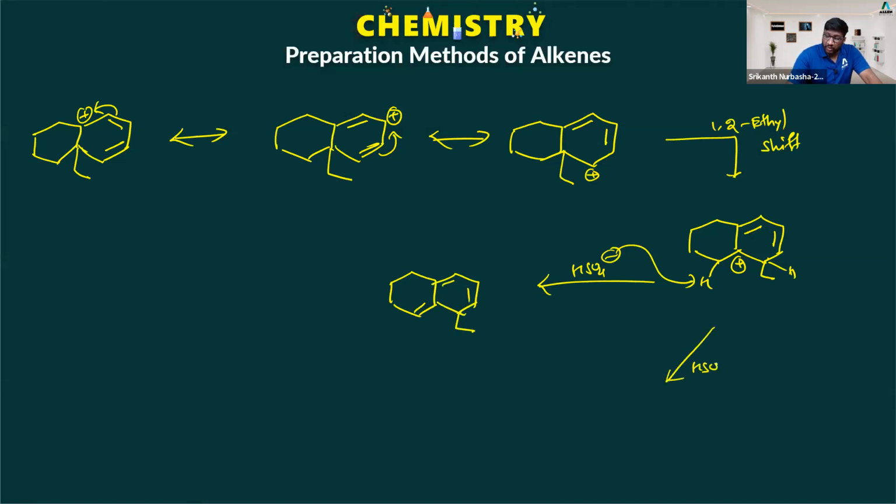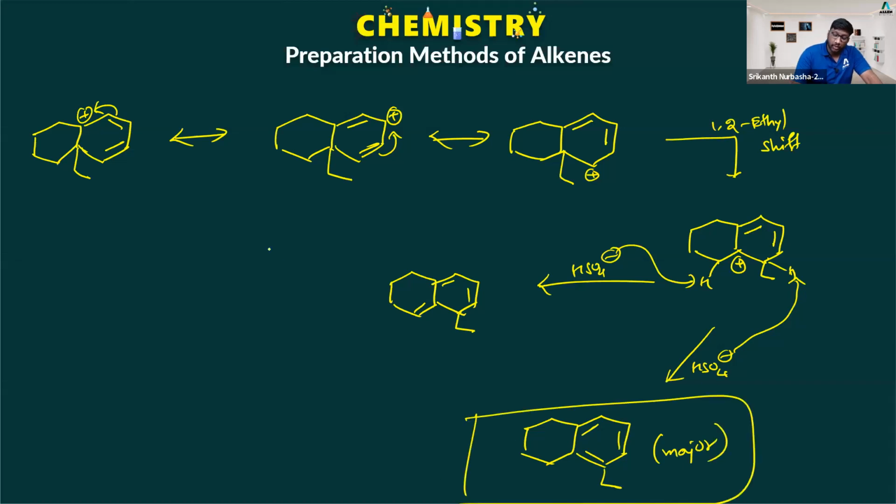HSO4 minus picking up the proton from this particular carbon generates a benzene ring. A benzene ring is obtained. This is nothing but your major product. So whenever you have a positive charge carbocation, if it is in resonance, you have to write the respective resonating structures and then decide wherever there is an aromatic stabilization gain, then obviously that is going to